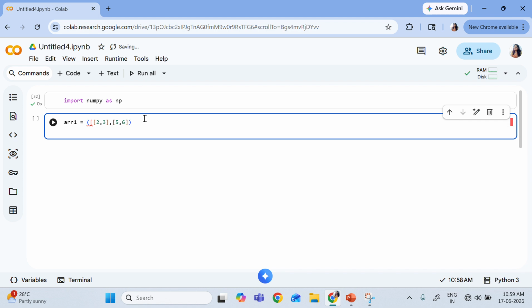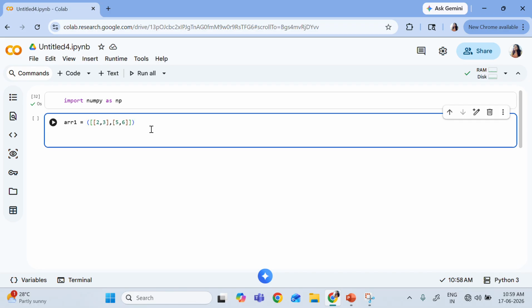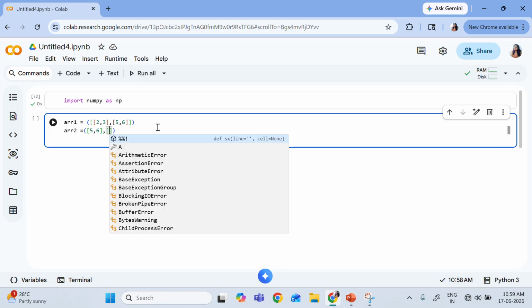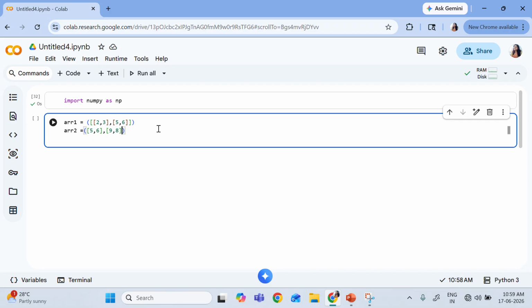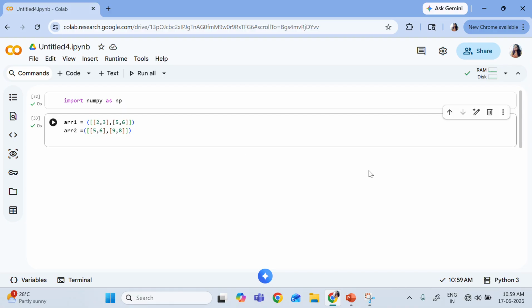This is the first array which you created, and you need to keep track. And you have an array 2, and for this also you are generating some values, right? So this is what we have generated, two arrays.